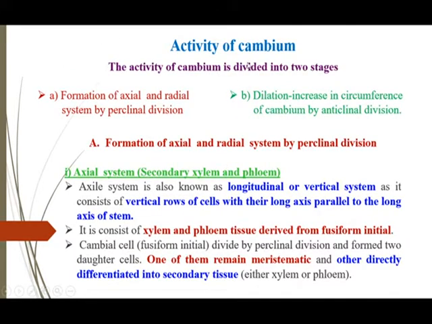Activity of cambium. The activity of cambium is divided into two stages. Formation of axial and radial systems by periclinal division, and dilation, the increase in circumference of cambium by anticlinal division. The axial system consists of secondary xylem and phloem and it is formed by fusiform cells. Fusiform cells